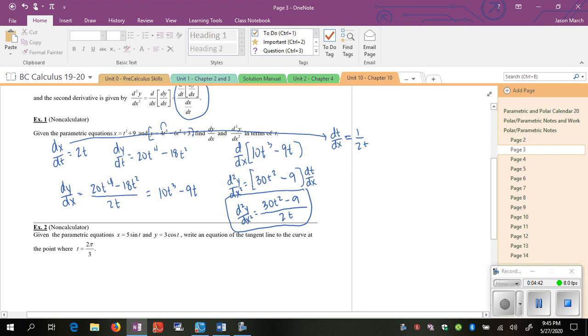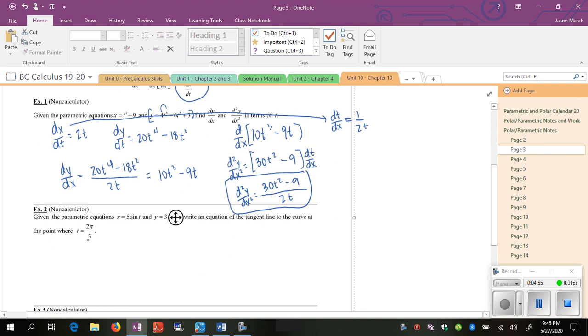Given the parametric equation, x equals 5 sine t and y equals 3 cos t, find an equation of the tangent line to the curve at the point where t is equal to 2 pi thirds. So we essentially need this little formula, y minus y1 equals m times x minus x1. So to find y1 and x1, we just plug in 2 pi thirds into the original parameters. So if we do 5 times the sine of 2 pi thirds,